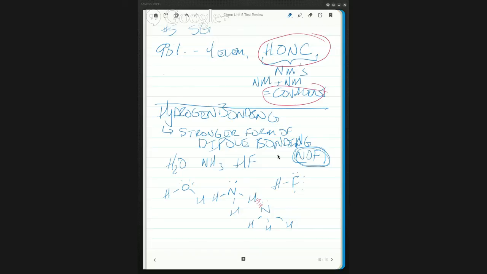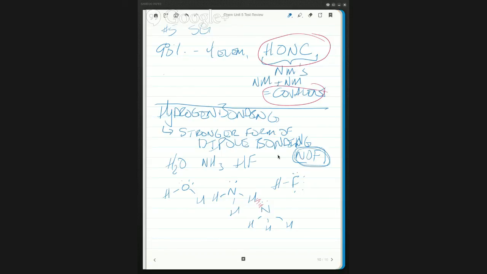For you guys, not so much. Just know that hydrogen bonding happens with hydrogen bonding to a central atom. I say that a lot wrong. Hydrogen's bonding to a central atom. So that's where hydrogen bonding is. It's a form of dipole bonding, a stronger form, where the hydrogen bonds to a central atom like nitrogen